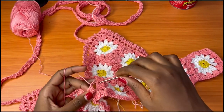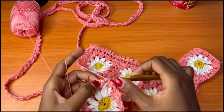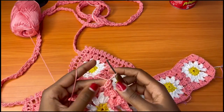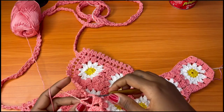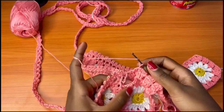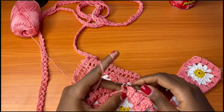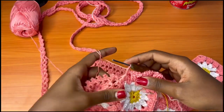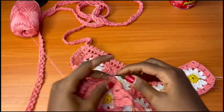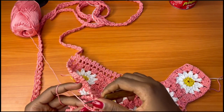chain 1, attach, chain 1, 3 double crochets into the next chain 1 space, chain 1, attach, chain 1, 3 double crochets into the next chain 1 space, like that, chain 1, attach into that first chain 1 space,